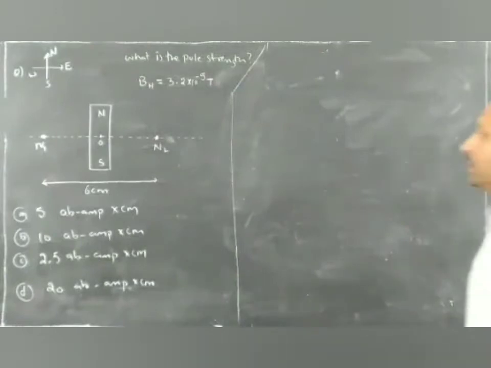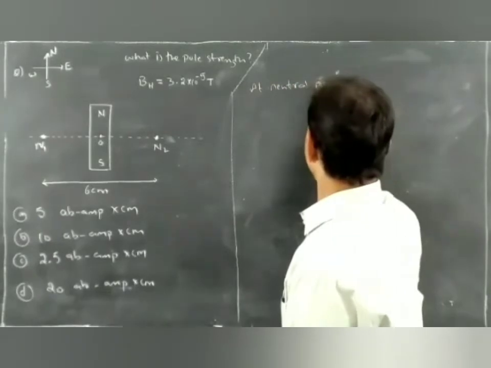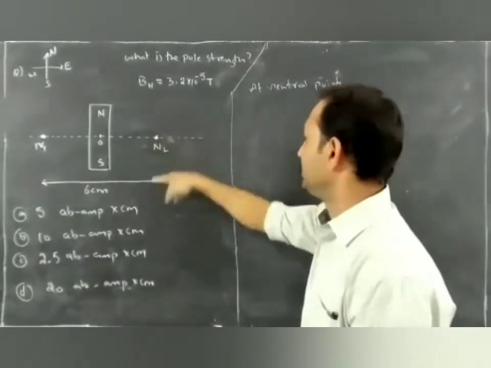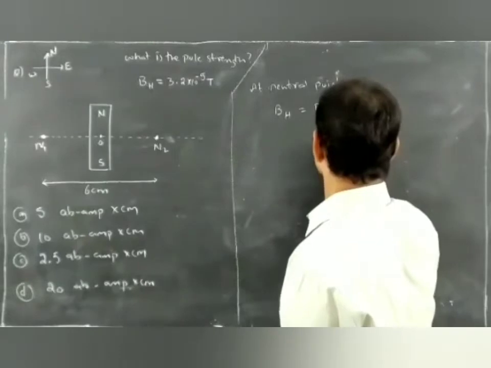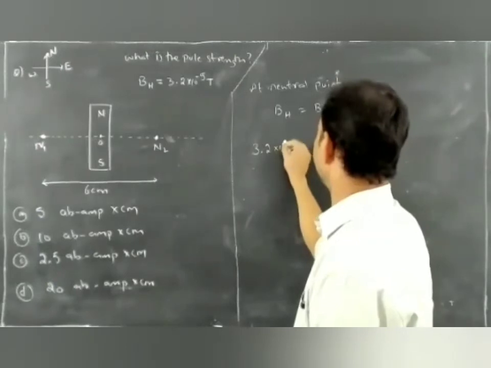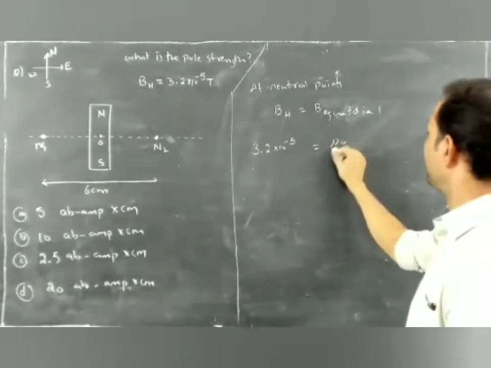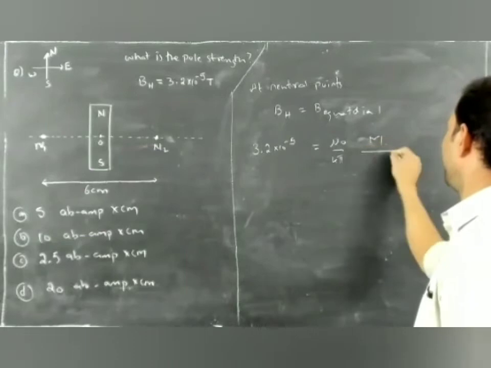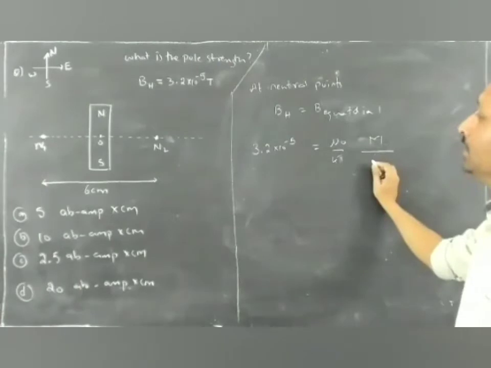At neutral points, BH is equal to B equatorial. Now what is the BH value here? 3.2 into 10 power minus 5 Tesla. It is equal to B equatorial, which is mu naught by 4 pi times M, the magnetic moment, by